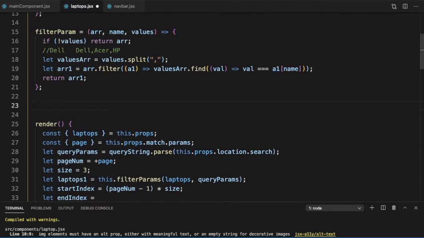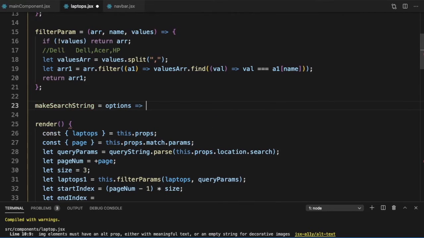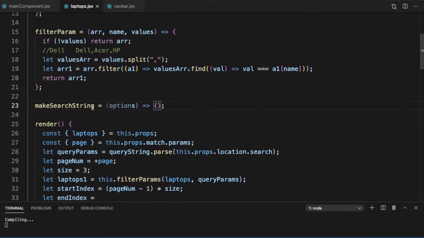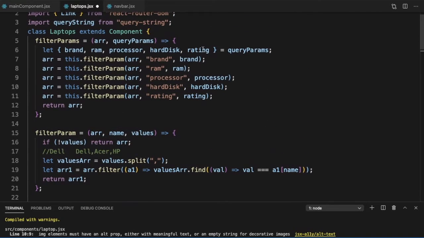So let's define this function makeSearchString, which will take all the options and return the search string that we need to create. So this is similar to what we did in products. So we will just write very similar code. So I will destructure all my parameters.